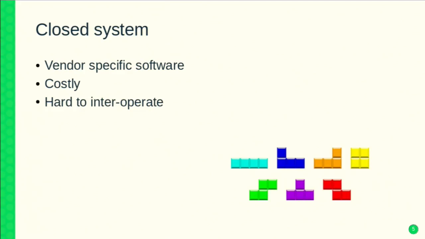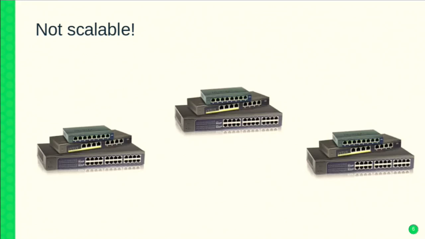Those devices are expensive because all the intelligence is there. And they are also hard to interoperate, because if you buy from one vendor, it's not automatic that it will support devices from other vendors. This is not so good if you want to experiment, innovate, and so on. Then another thing is that it's not scalable. If you want to scale up or down, this sums up to adding or removing devices. And also you need to do the piping again. You need to send somebody to configure the network. So it's kind of heavy work.